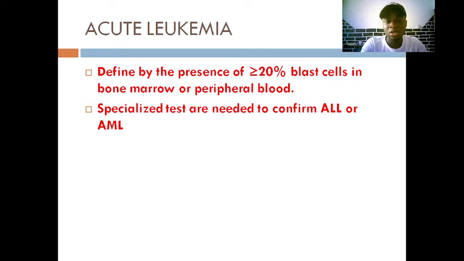Now, how can you differentiate acute myeloid leukemia from chronic myeloid leukemia? In most labs, specialized tests are needed to confirm this. In most cases there are cytochemical stains. There are also some genetics that they use, like DNA microarray. But in our part of the world, we concentrate much on the cytochemical things